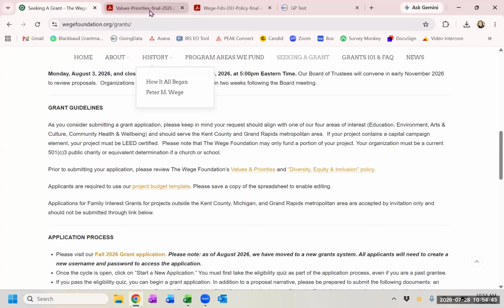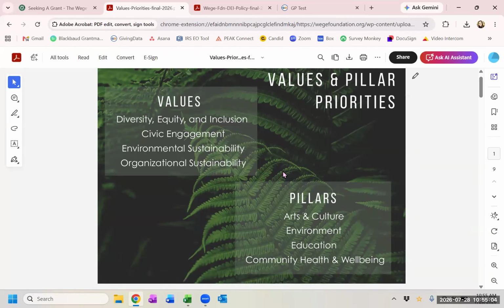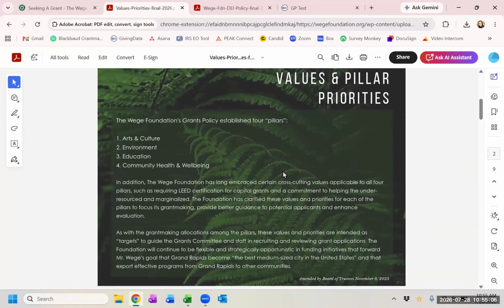At the top, you will find the 4 pillars. The document outlines our values, which apply to all of our pillars. In this section, please concentrate on how your project aligns with these values, rather than simply restating your organization's beliefs. We want to understand the actionable steps related to these values and how they are incorporated throughout your project and